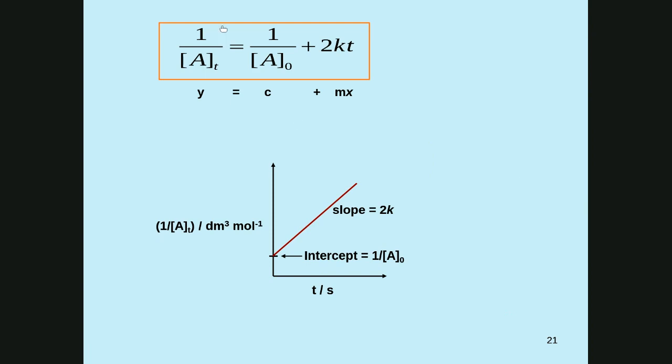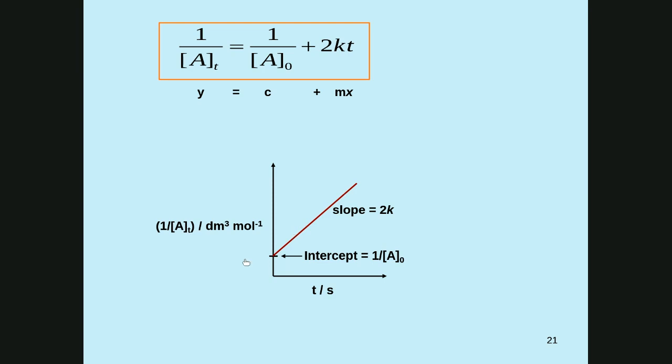For each time, you calculate the inverse of the concentration of A, and you plot that versus t, versus time. No? So if the reaction follows that particular kinetic scheme, so 2A goes to products, then what you should obtain is this straight line